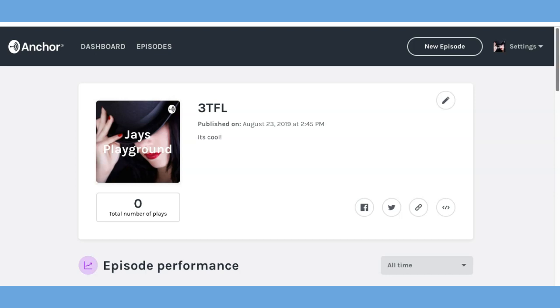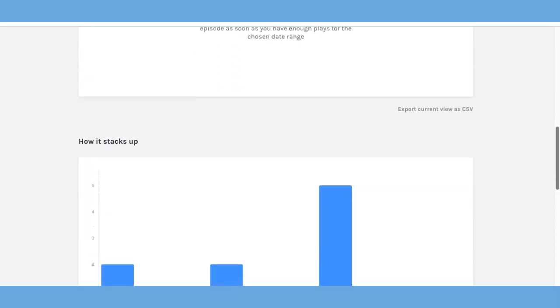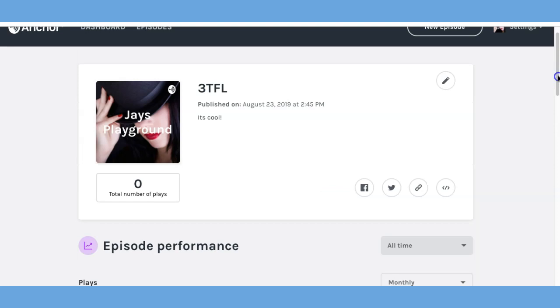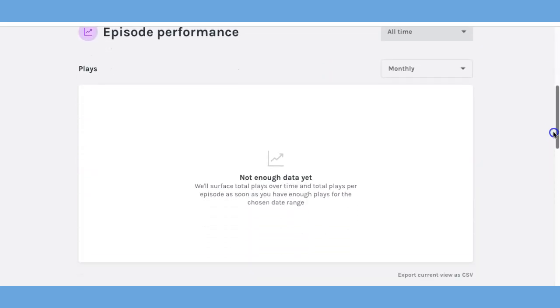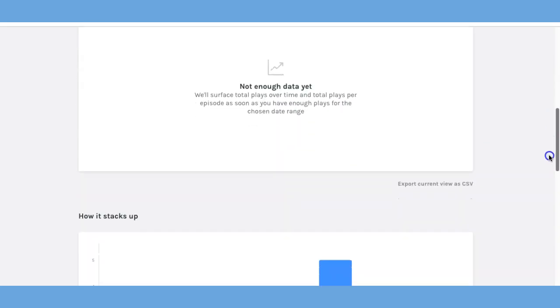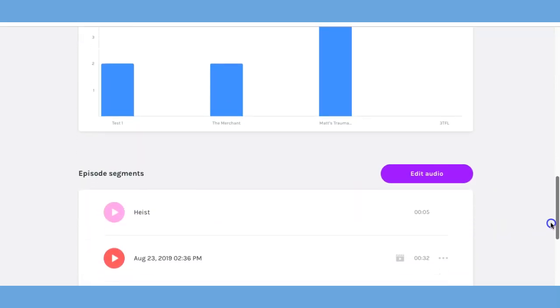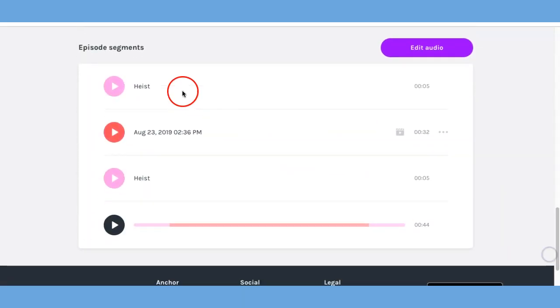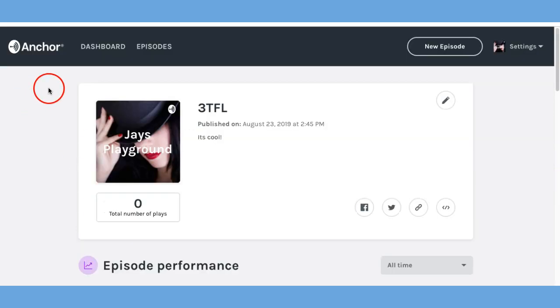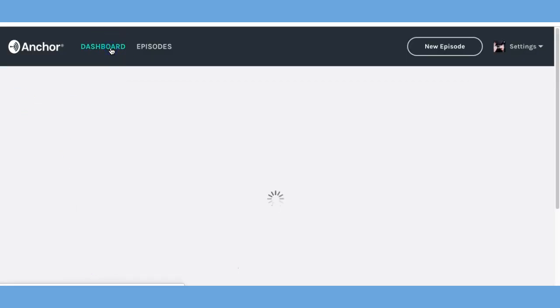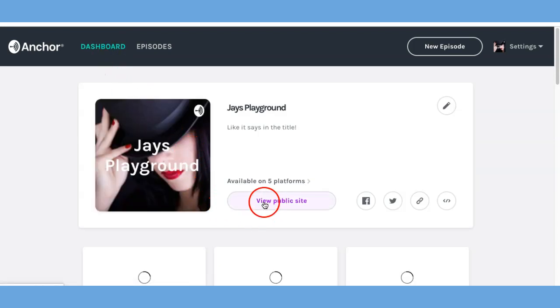And I'll just show you quickly what happens down at the bottom here. I'll get data on that episode and how many plays it's had, and further down I'll be able to play through the transitions, the audio content, and that final transition all in one go from here. Well, it's time now to go back to my dashboard, and on the dashboard I'll see this, and I'll click on the public site,